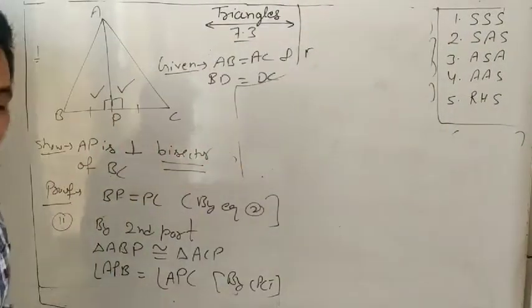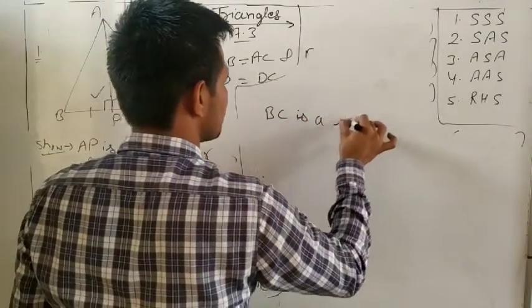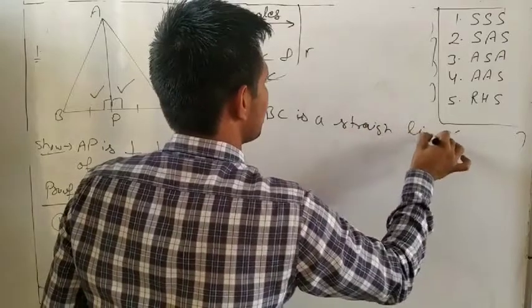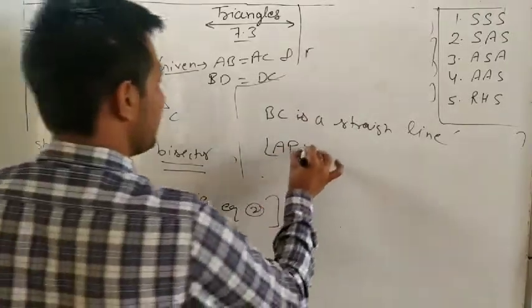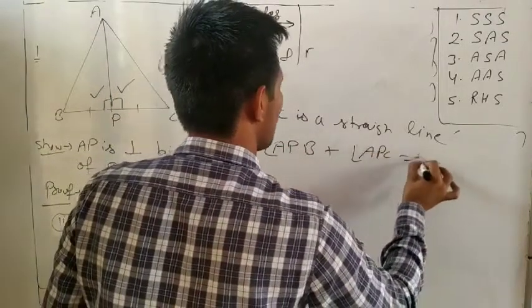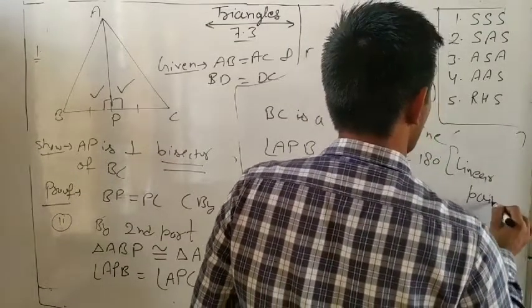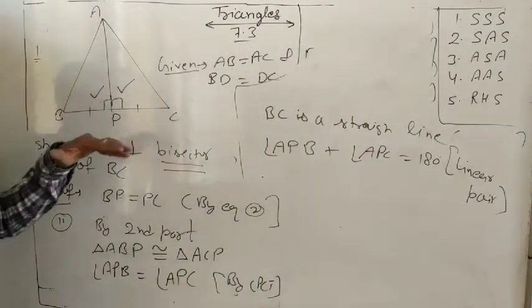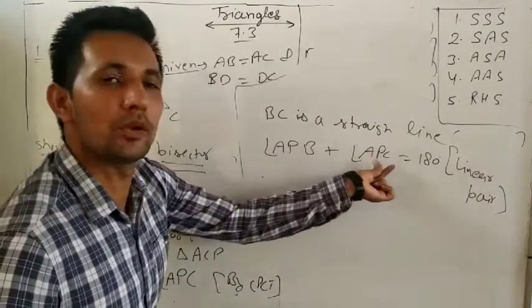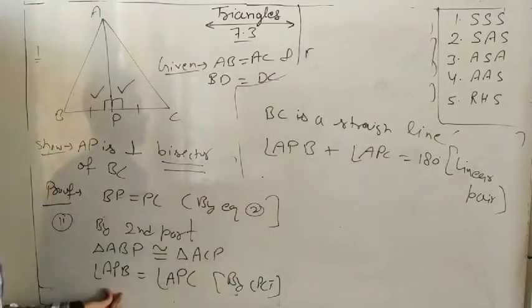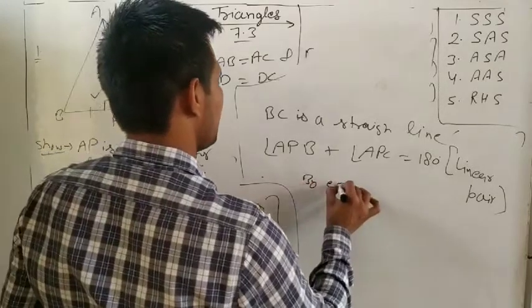And if they are equal, and we know BC is a straight line, so you can write angle APB plus angle APC equal to 180 degrees. Why? Linear pair. This angle and this angle form a linear pair, and these two are equal. So in place of APB you can put APC, or in place of APC you can put APB. So therefore, by equation 3,